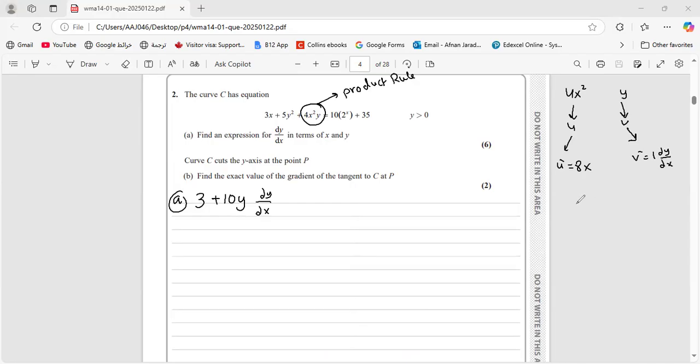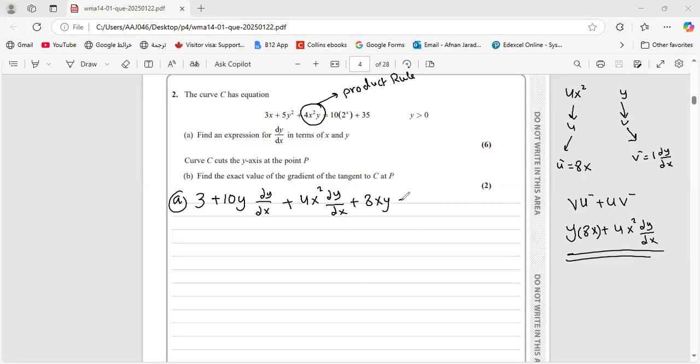Now, the product rule is to multiply: v u prime plus u v prime. V, which equals y, multiplied by 8x, plus u, which equals 4x squared, multiplied by 1 dy over dx. So to write this: plus 4x squared dy over dx plus 8xy equals